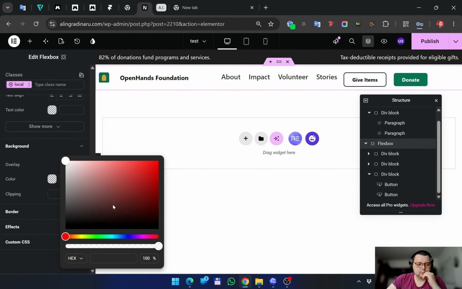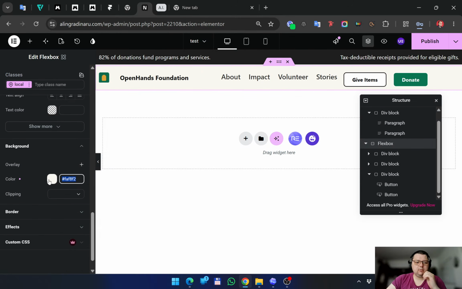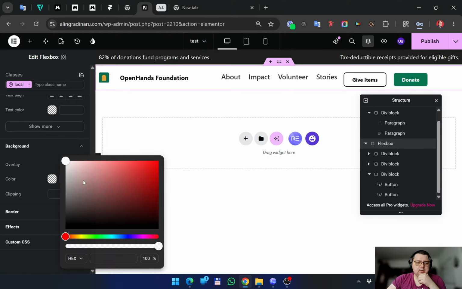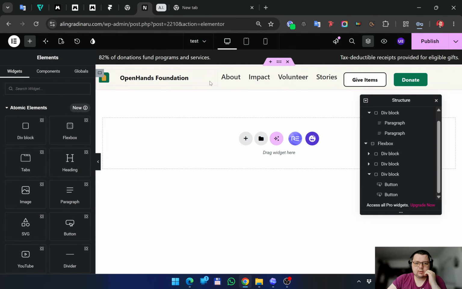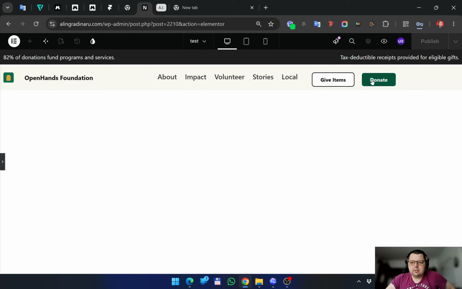Is it working? Control V. So now it's a kind of, this is not for hex color, this is for variables, I think. So now I have this kind of beige. Yeah, it's not only white. So what I want to do now is to push these two buttons to the edge of